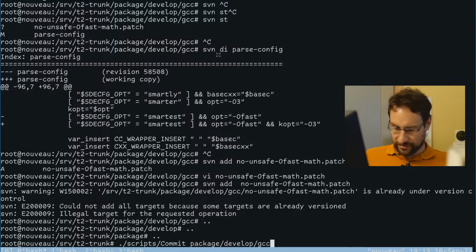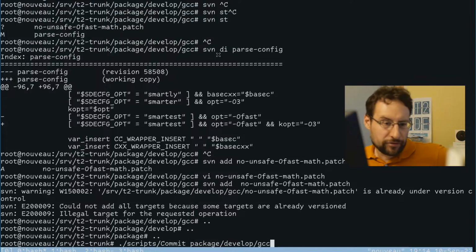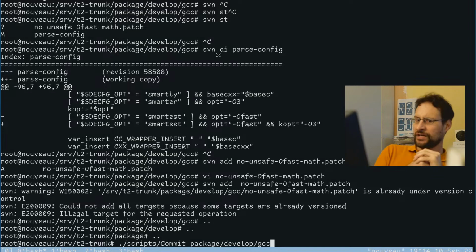Package developed just, also there was a question, is it good to use the T2 code base or does Git get better? I mean, it's a difficult question. We use Subversion. I understand Subversion is a little old-fashioned. I understand lots of new people prefer Git these days. I have to say, we have a Git mirror. Theoretically, actually, I should program it to update the Git mirror automatically.